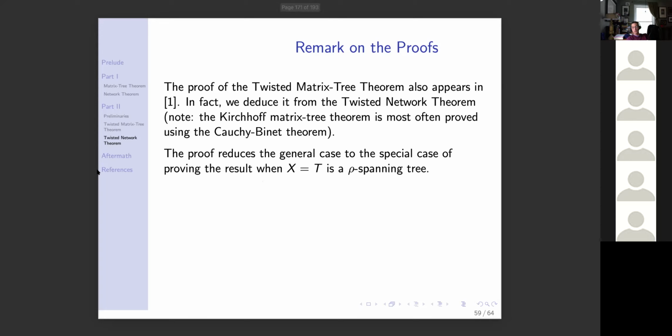And our proof reduces the general case. The way we do it is we reduce the general case of X to that of the special case when X itself is a twisted spanning tree. And then we prove the theorem for a twisted spanning tree itself. But in that case, you just have to show the determinant of the twisted Laplacian is given by the modified holonomy of the